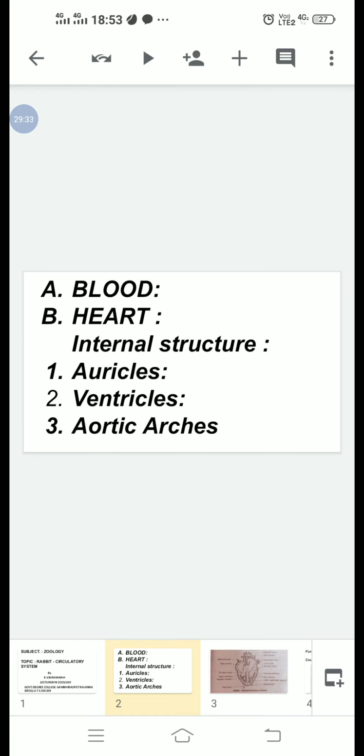The right auricle receives the deoxygenated blood from different parts of the body except the lungs through two pairs of caval veins and the portal veins. The opening of the first caval vein is guarded by a membranous fold. It is the Eustachian valve. It is non-functional in the adult. The left auricle receives the oxygenated blood from the lungs through a pair of pulmonary veins. It has no valve.